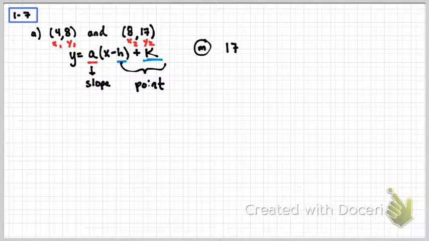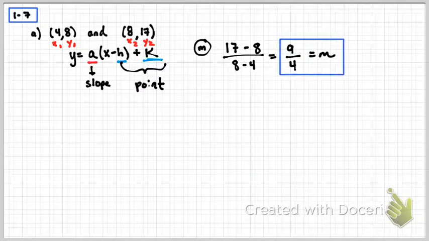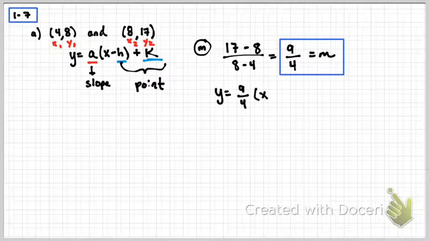So we have 17 minus 8 all over 8 minus 4, and we end up getting 9 over 4 as our slope. And all it tells us is that it passes through these 2 points. So if that's the case, I can write this equation one of 2 ways. My slope is the same as my vertical stretch, so I can write this as y equals 9 over 4 x, and now I can use my HK form, minus 4